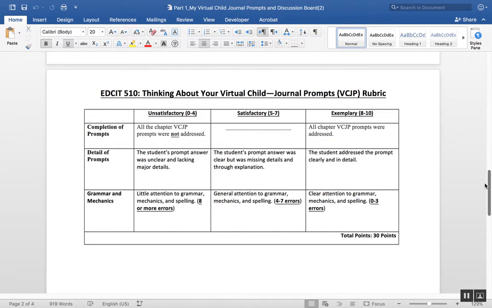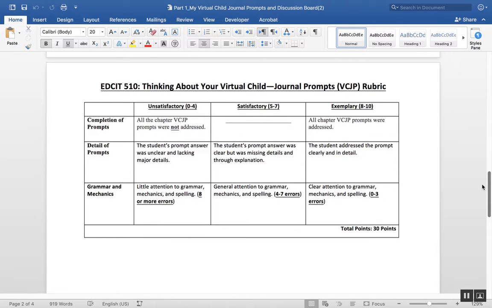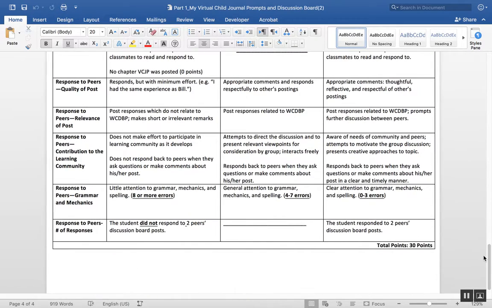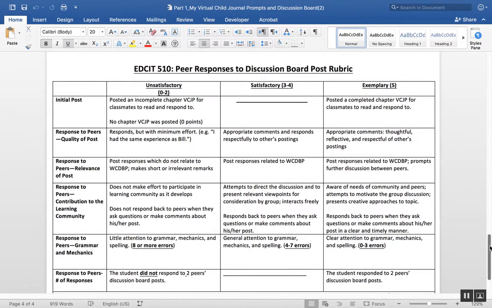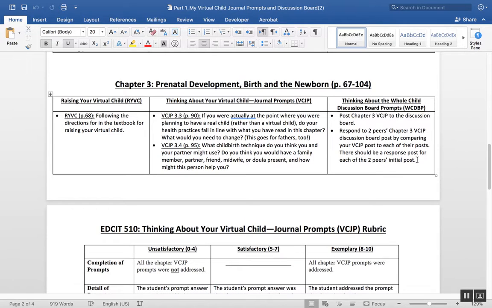At the end of this document, you're going to notice that there is a rubric. There's a rubric for your journal prompts and then also for responding to your peers. When you respond to your peers after the Sunday when you put your journal prompts in, you only have to respond to 2 peers' discussion boards. You're going to read what they wrote in their journal prompts and respond to them based off of either 1, the questions that are here, or 2,